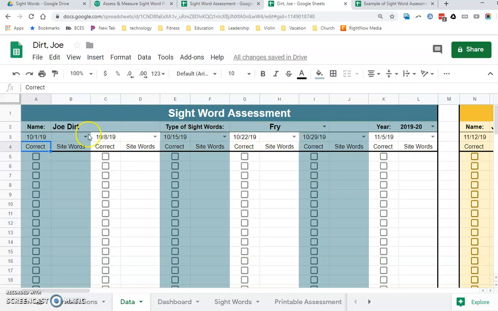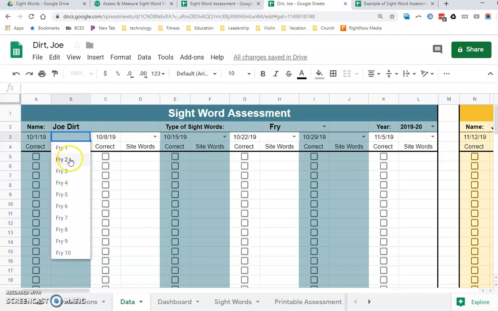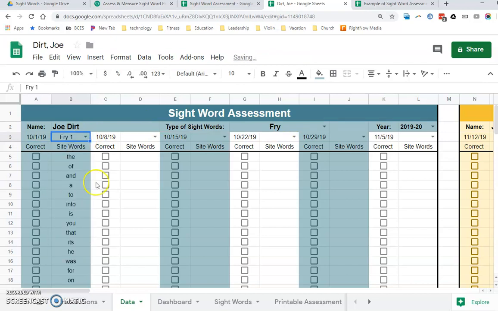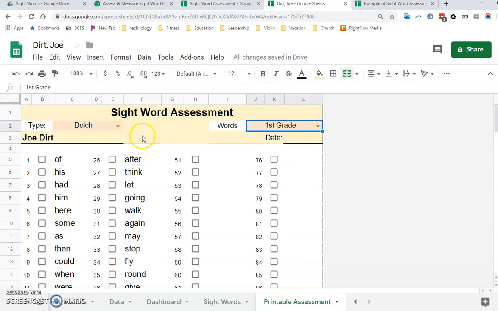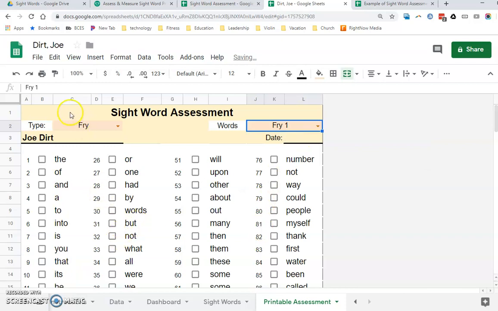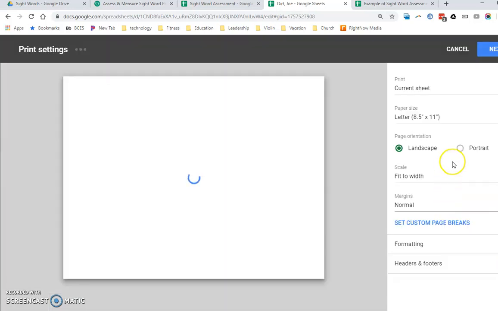I put a formula here to add 7 days to this date, but if you don't like this, if you do it every 2 weeks, you can type over this and put whatever you want. And then when we've selected Fry words here, so we're going to do the Fry this child. We'll start them off at the bottom, Fry first 100. So then we would come over here to printable assessment, and we change this to, oops, let me swap it to Fry, and we were doing the first 100 words for Fry, so we'll print this out,